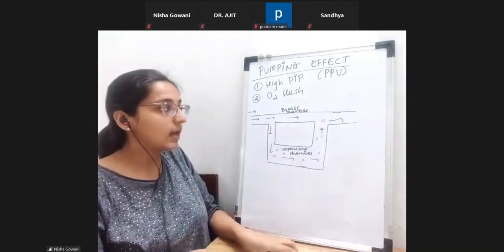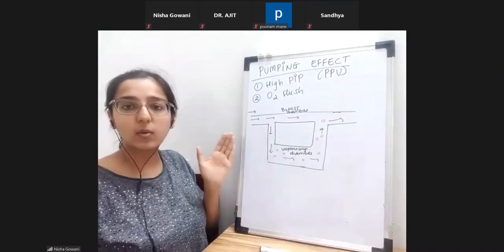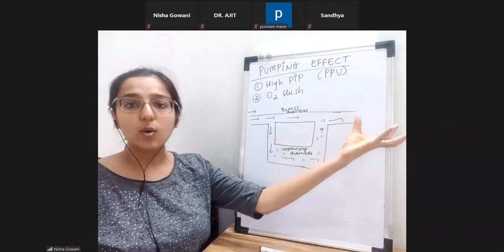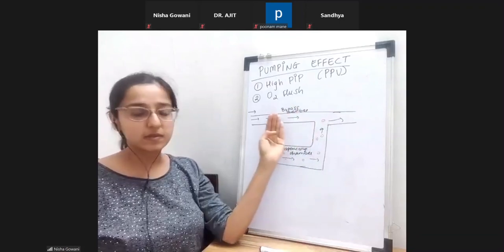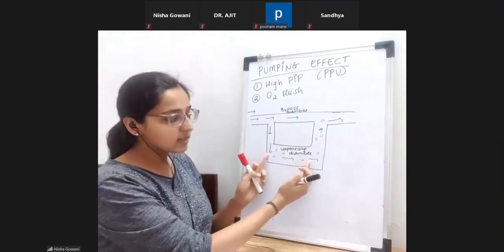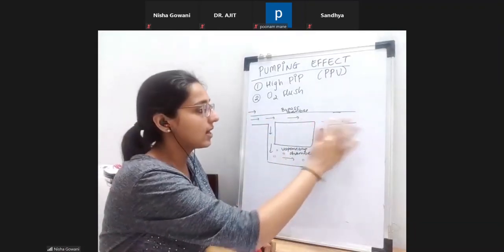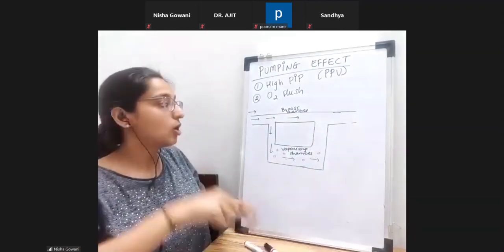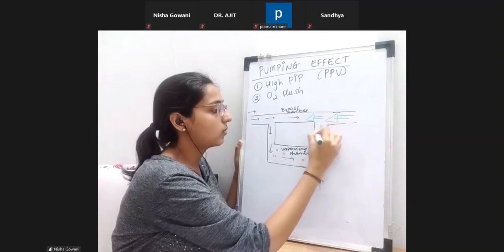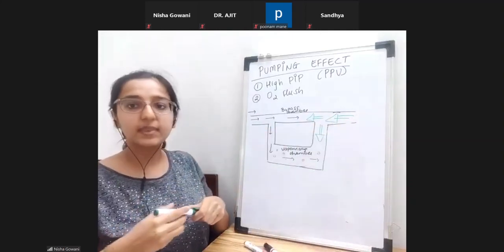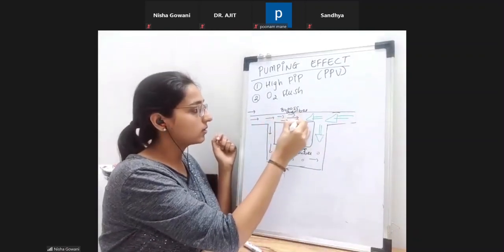Now, when the pumping effect occurs, there is a retrograde pressure, a backward pressure, which occurs because of this sudden oxygen flush or sudden positive pressure ventilation. Now, what happens because of this back pressure? All the gas over here gets compressed. Okay, so let's see how this happens with this image. There is a backward pressure which is coming, and this backward pressure is causing the compression. So what will happen? All this gas is compressed over here.